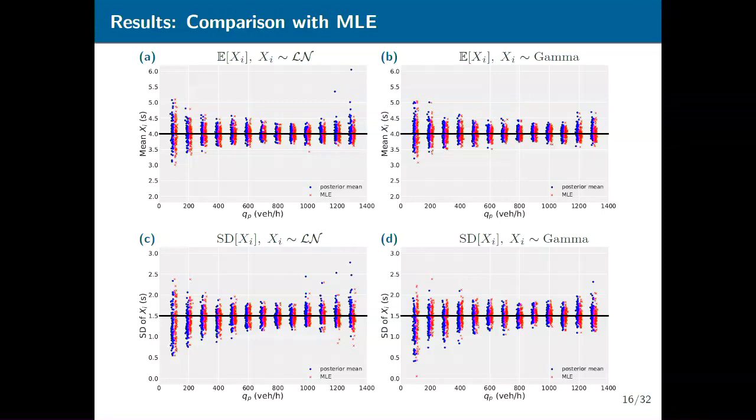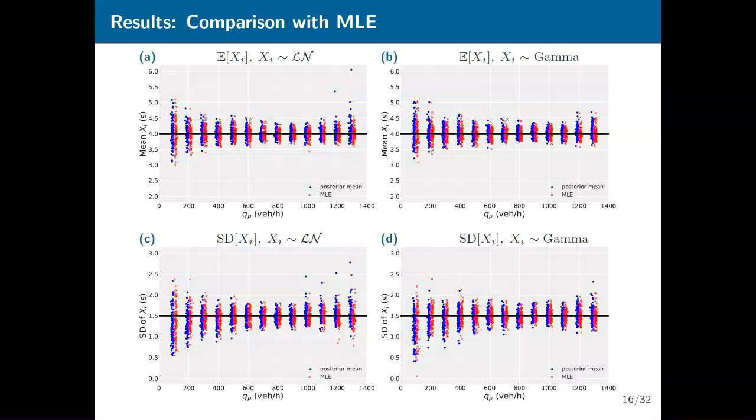On the left side here, you have the situations where the critical gaps follow log normal distributions, just as both estimation methods correctly assume. On the right side, or maybe the other way, but on this side over here, the critical gaps actually follow gamma distributions with the same mean and standard deviations, but both methods still make a log normal assumption. So there's a bit of misspecification over there.